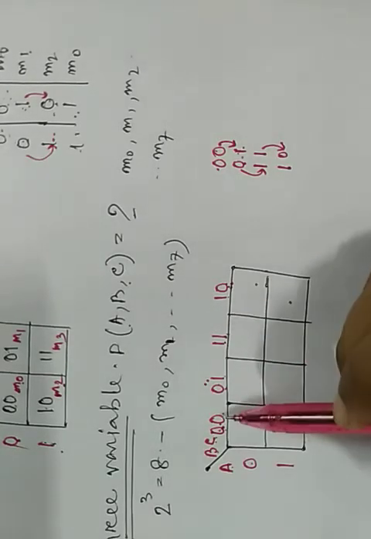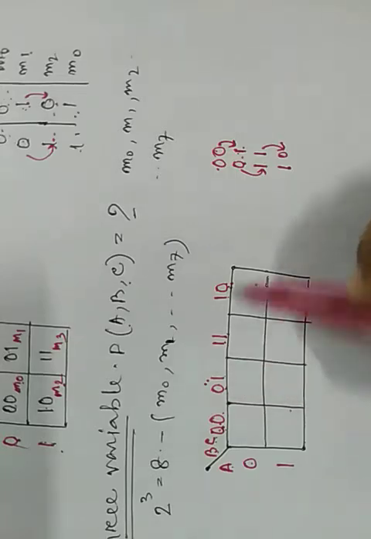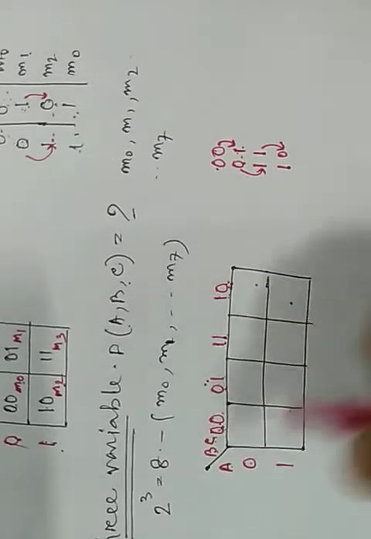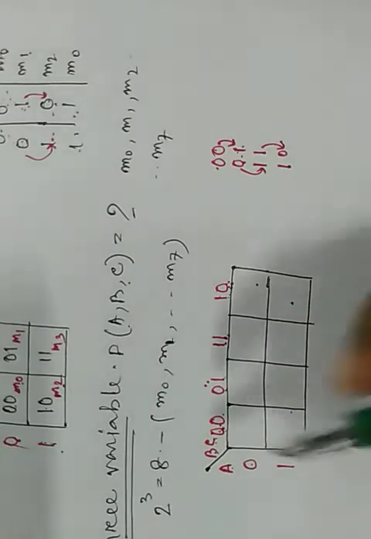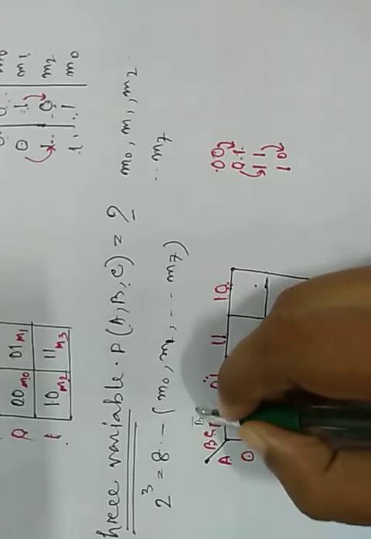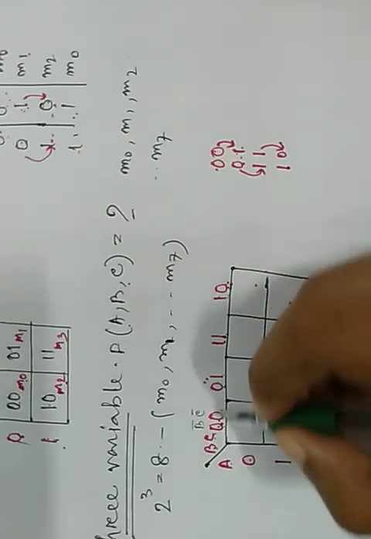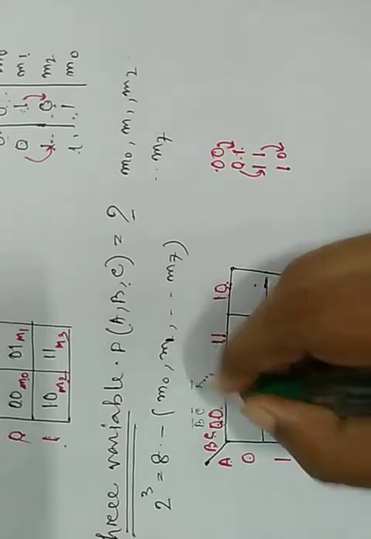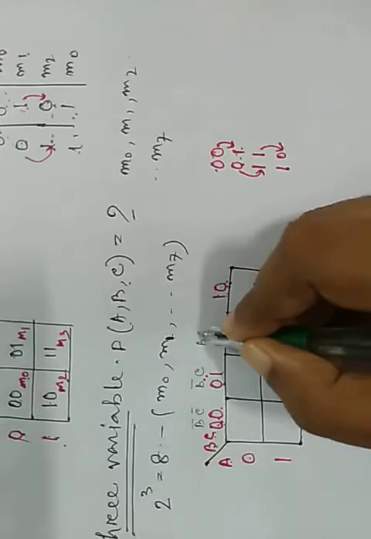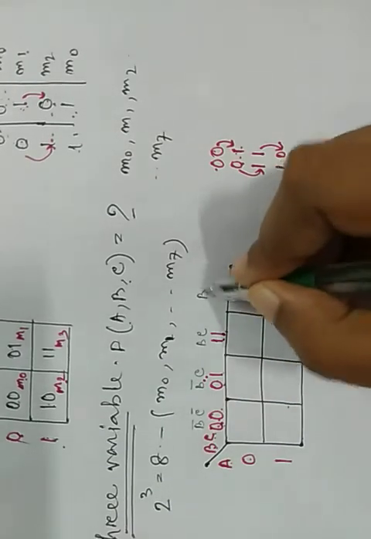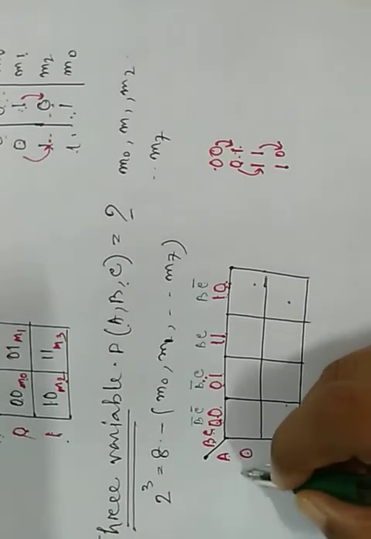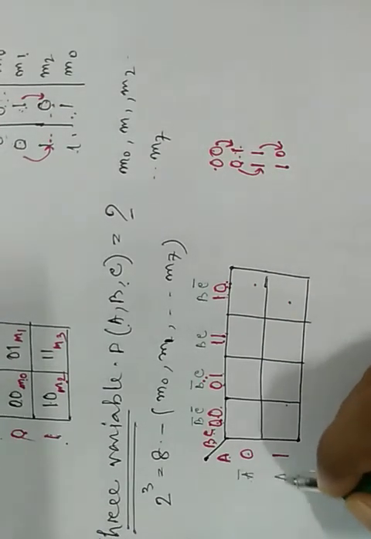So that's why it is written here 0, 0, 0, 1, last column is 1, 0, then it is 1, 1. Okay. So 0, 0 means here it is B, C, that means it is B bar, C bar. 0, 1 means B bar, C, as C is 1. 1, 1 means it is B, C. 1, 0 means B, C bar, because 0 is for C bar, and for this, 0 is for A bar, 1 for A.